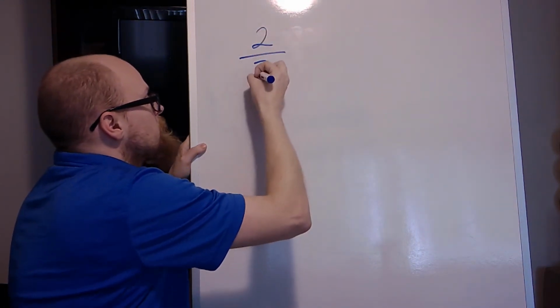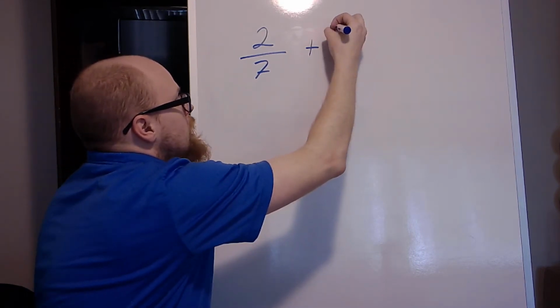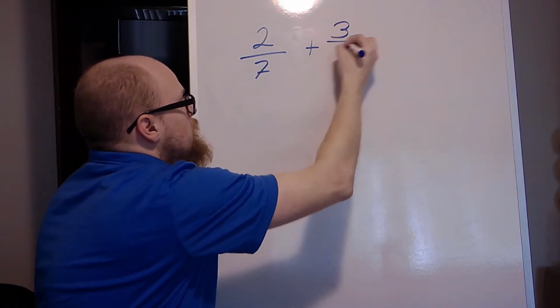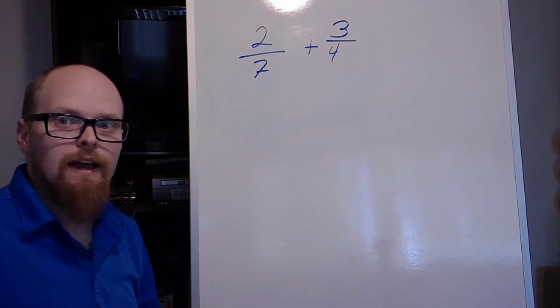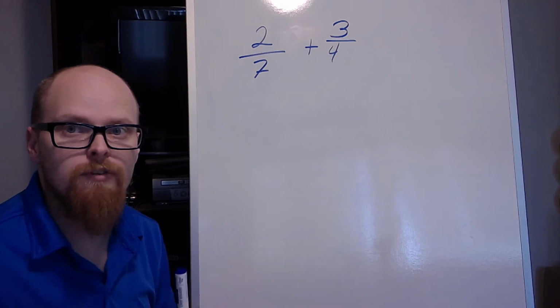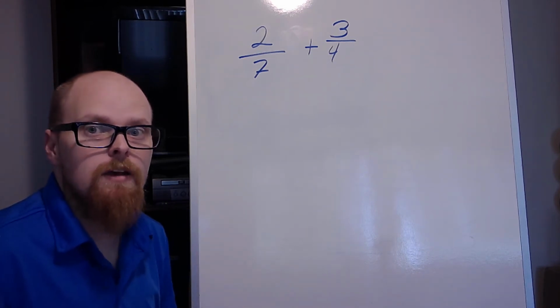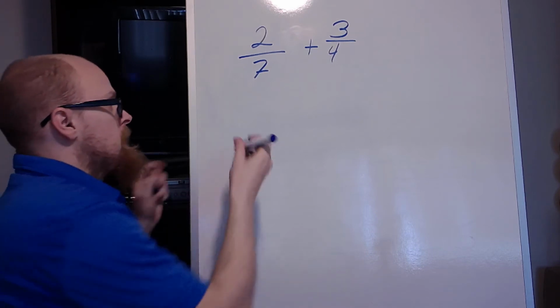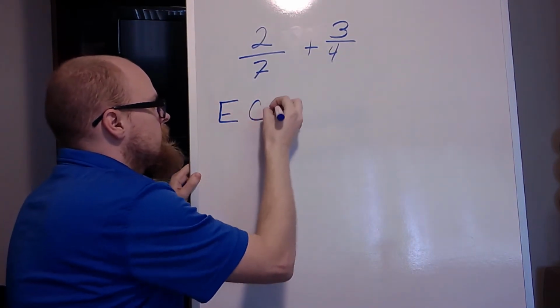Okay. Let's go to 2 over 7 plus, let's do 3 over 4. Okay. And again, I'm using small numbers in order to keep things simple for the example. Okay. Easiest common denominator, ECD,